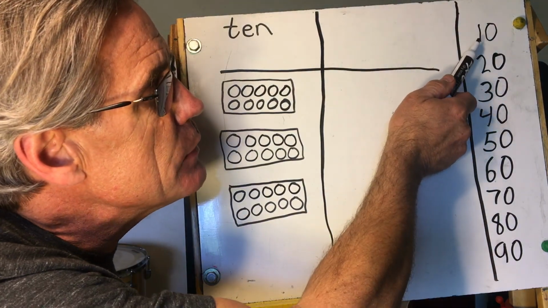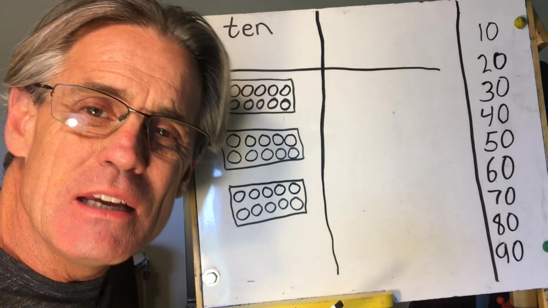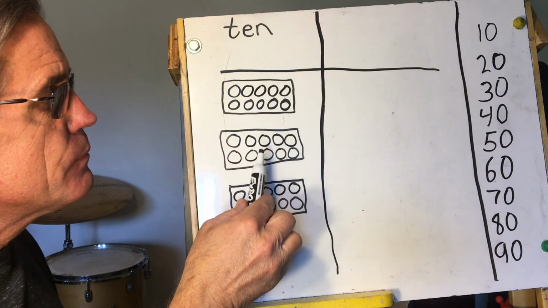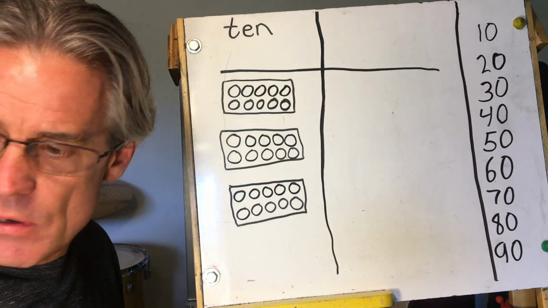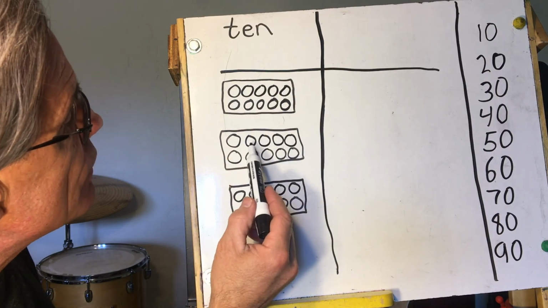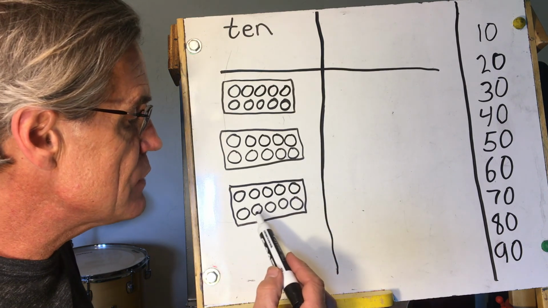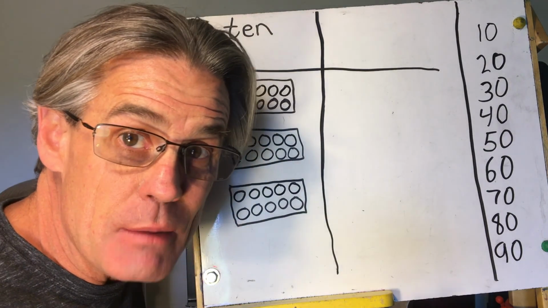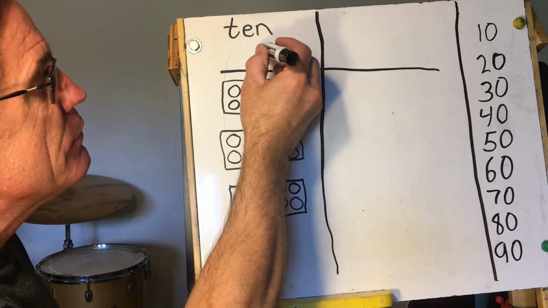See, we were counting by tens over here and we said 10, 20, 30, 40, 50. If these are 10 each, kids, couldn't we count those chocolates by just counting them by tens? 10, 20, 30 chocolates. Let's check if it's true. We'll count it the hard way. I'm going to go super fast, so hang on to your seats. 1, 2, 3, 4, 5, 6, 7, 8, 9, 10, 11, 12, 13, 14, 15, 16, 17, 18, 19, 20, 21, 22, 23, 24, 25, 26, 27, 28, 29, 30. Just like we said, 10, 20, 30. But it's a lot faster to count by tens, right, kids? 10, 20, 30. But right up here, we're going to say we have 3